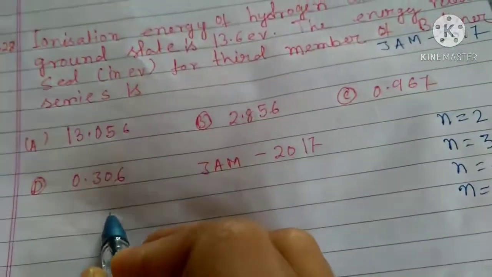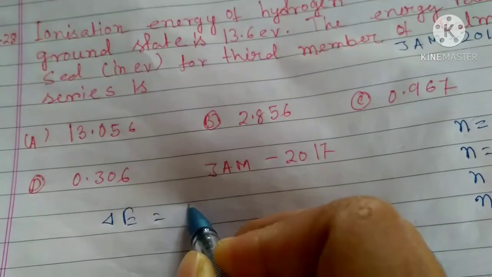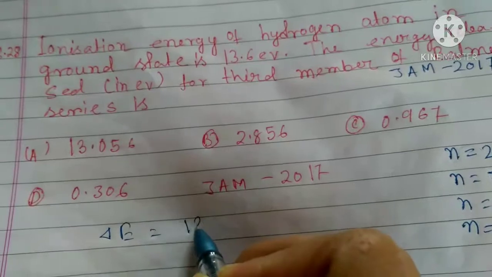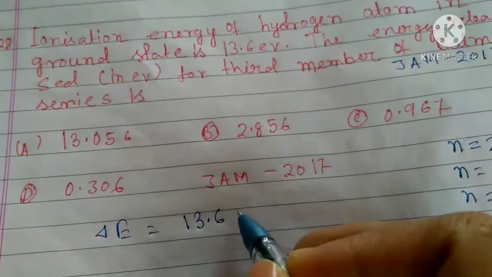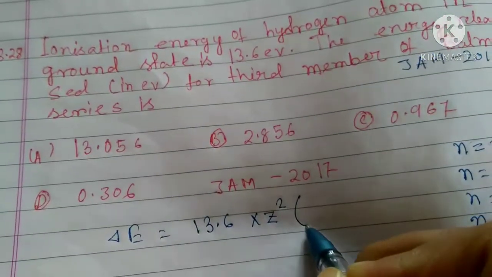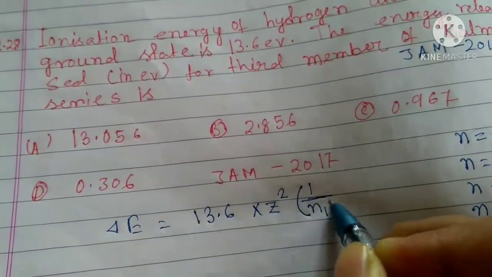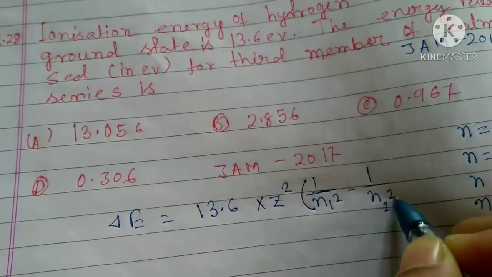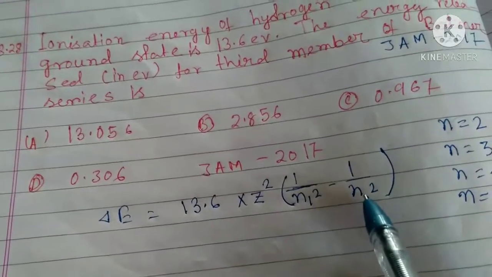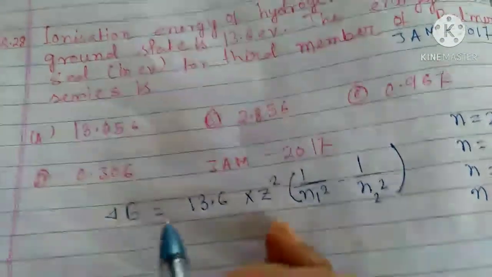So delta E, we know delta E is equal to RH or 13.6 eV into Z square into 1 by n1 square minus 1 by n2 square, where n1 is the initial, the ground state, and n2 is the excited state, from where it jumps to the ground state. So